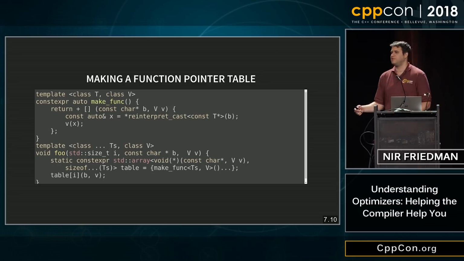Okay, this is really weird code. Why am I talking about this? If you're a library implementer, don't answer. Why am I talking about this example? Anyone know? Okay, this is how, very, very, very roughly, please don't kill me, variant and visit are implemented, okay? If you've ever wondered by what dark magic you can call visit on a variant, right? This is exactly what visit does. It's got some memory. It's one of a list of types based on some runtime variable. And it will call the right function in your visitor. And this is basically how it works. Great.